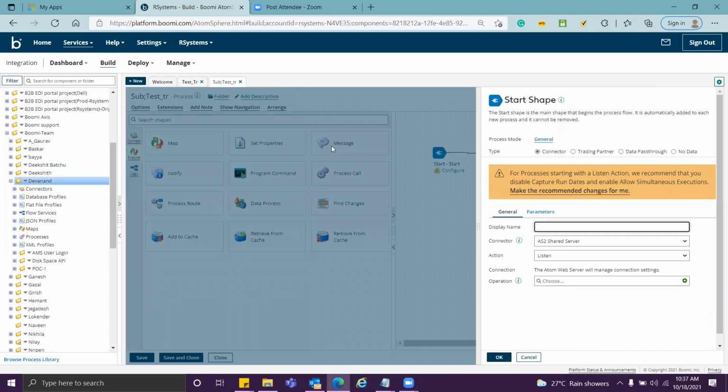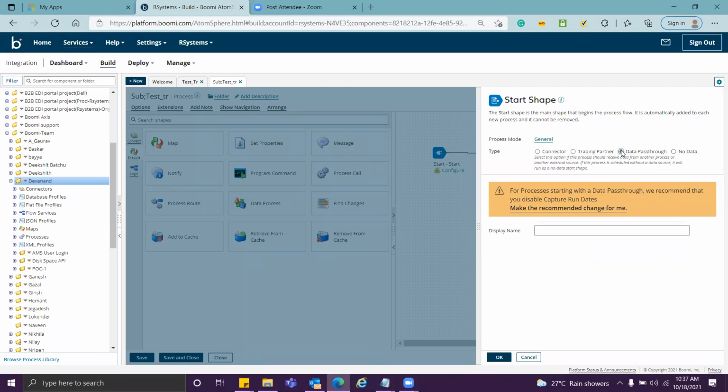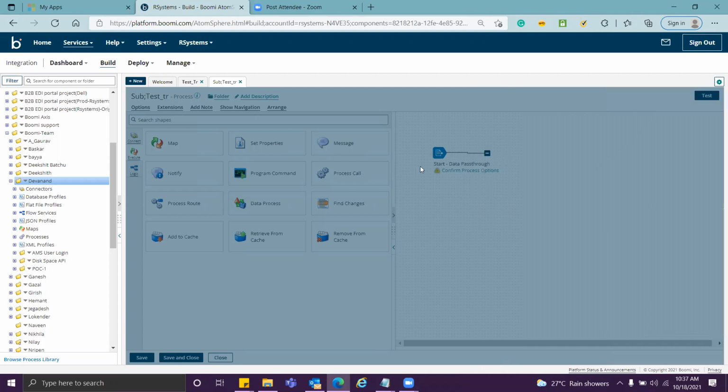Whenever you are creating a sub process, it should always be data pass through. Why? Because you want this process to take data from your main process. Whatever data is being processed in your main process should be passed in here. That's why we use the data pass through option. I click on OK.